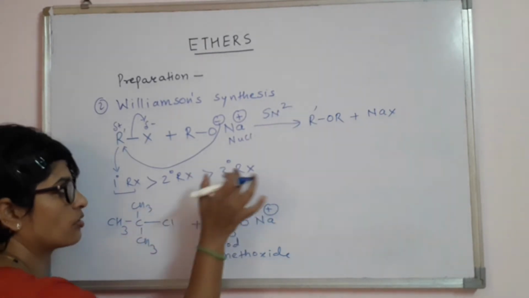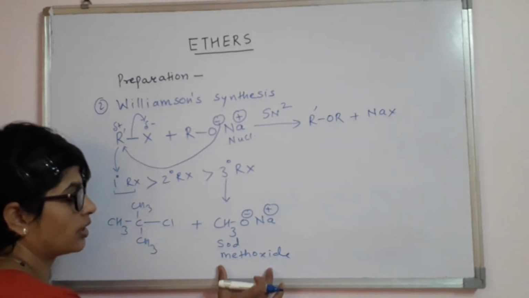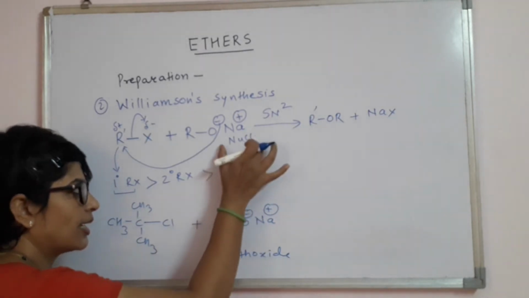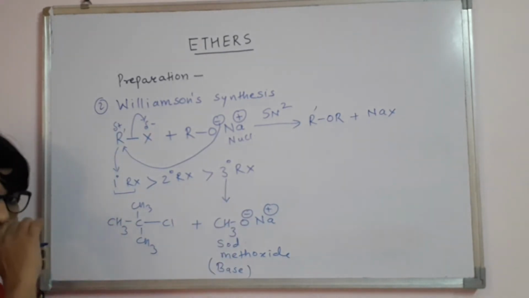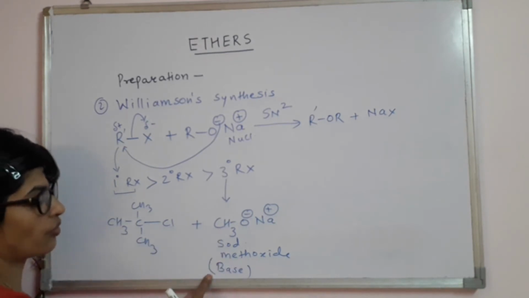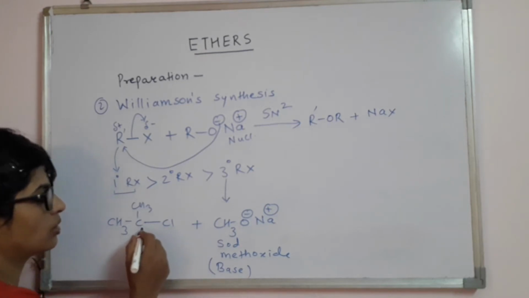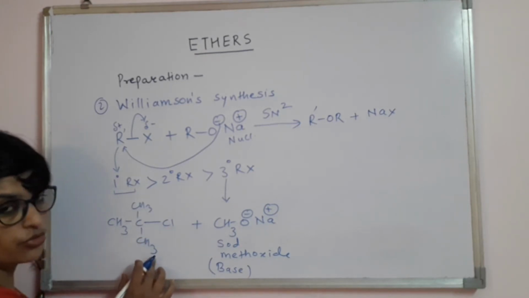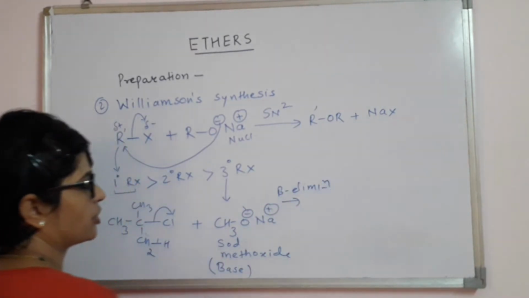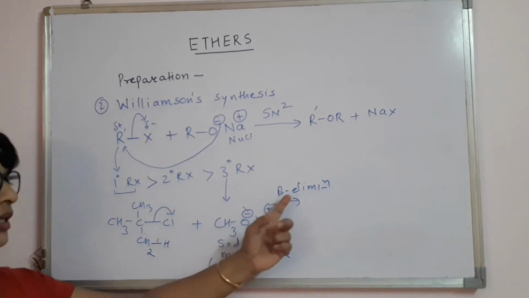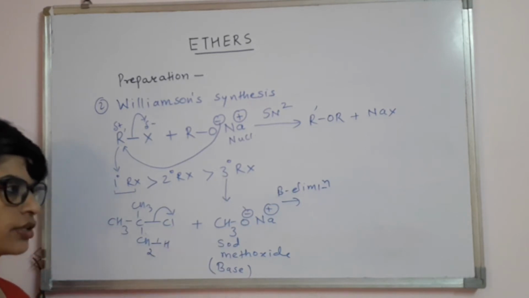But if you take a wrong choice, if you take tertiary alkyl halide as the substrate over here and sodium methoxide, then it will start acting as a base. It will not act as a nucleophile, it will try to act more like a base because it has very good hydrogen atoms that can be removed from here. This kind of reaction which we have already done is called a beta elimination reaction. So if a wrong choice is taken, beta elimination will take place and the beta hydrogen atom, this one which I have exposed, will be coming out.